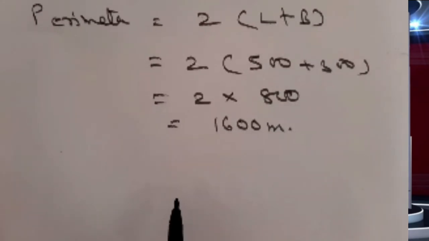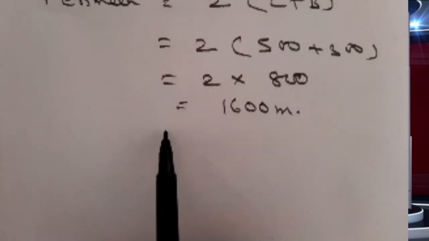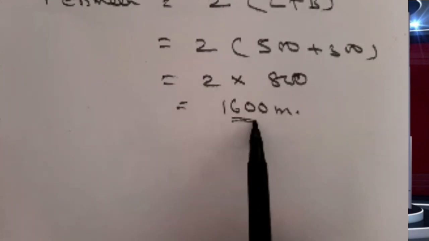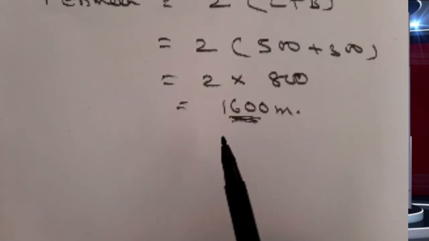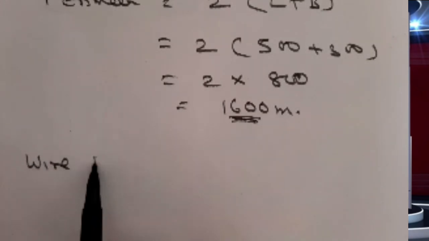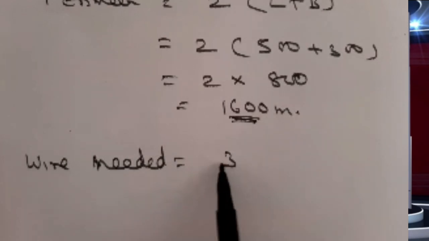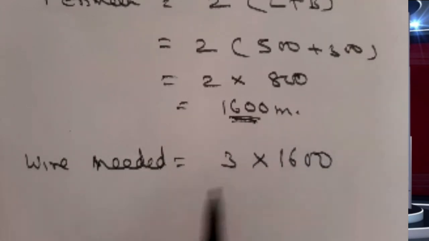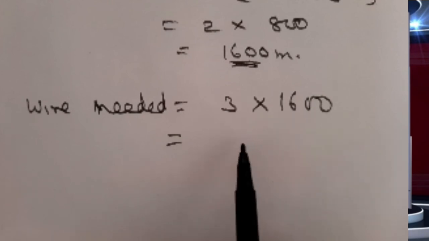Now we have to find out the wire needed to fence. So wire needed to fence means the perimeter. It means this much of wire is needed to fence once, but we have to fence it 3 times. So we will multiply the perimeter with 3. That will be the wire needed. That is, 3 into 1600 is